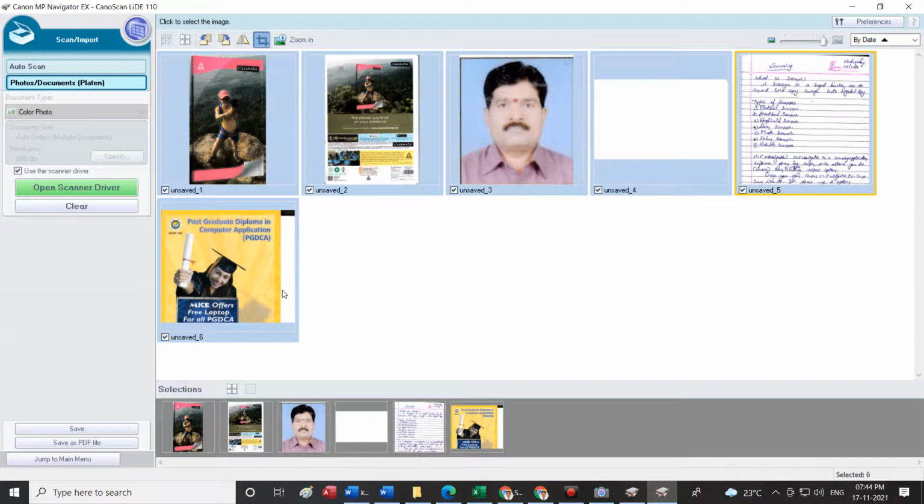Option 1, you can save as a JPEG file. Option 2, you can save as a PDF file.